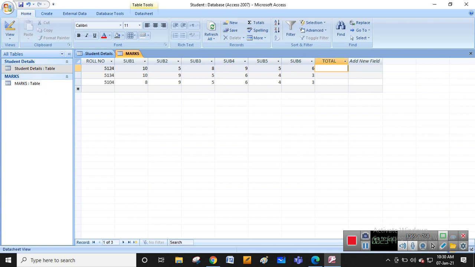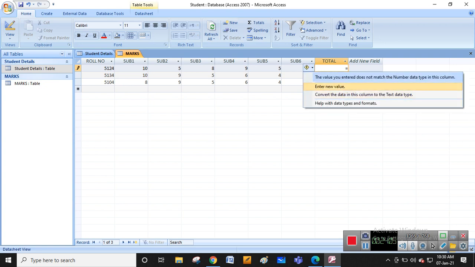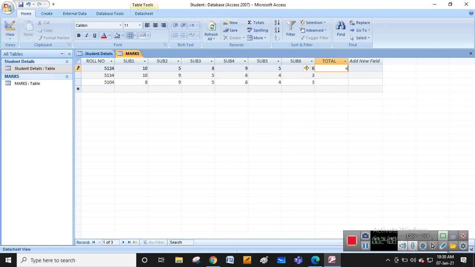We can set that database. Up to here it is done, the data entry is also done. After data entry, for the total, we can create it using arithmetic operations. We can perform arithmetic operations. How can we create that? Totals. Sum. Here it is performed.